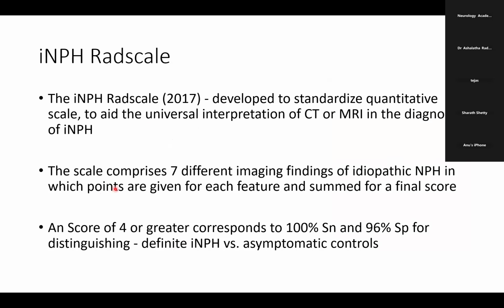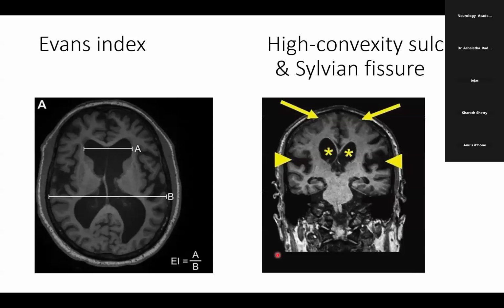The scale comprises seven different imaging findings of idiopathic NPH, in which points are given for each feature, and the total sum is made for the final score. A score of four or more corresponds to 100% sensitivity and 96% specificity for distinguishing definite NPH versus asymptomatic controls. Coming to the first one, the Evans index, it is the same as the linear measurement we discussed previously,